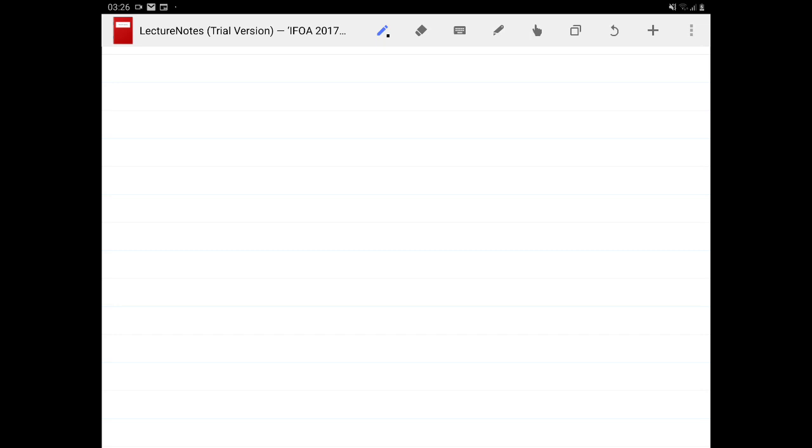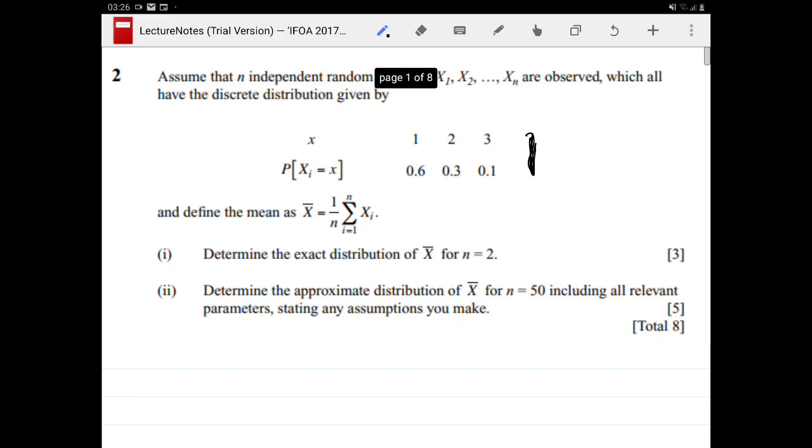Okay, so I'm going to show you the question, give you some time, and then we're going to go through the answers together. So the question says, and this is from the 2017 paper, September exam, question 2. If you want to go and find the specific memo or the examiner's report, as they call it, you can just Google